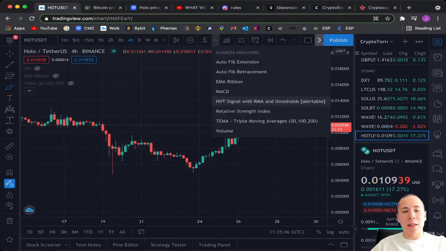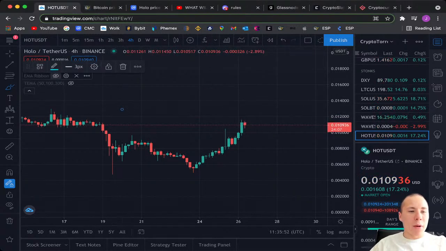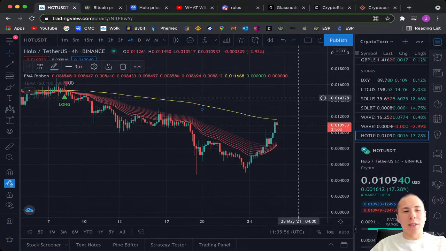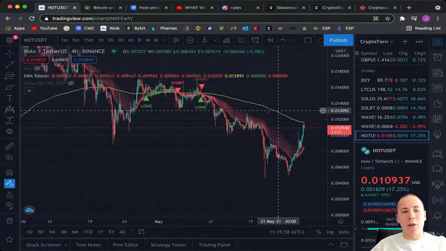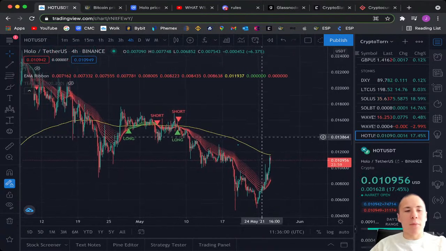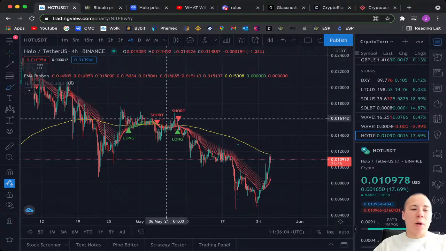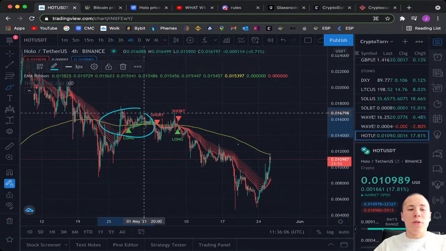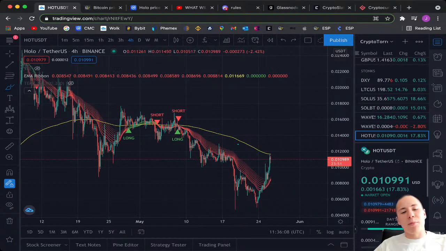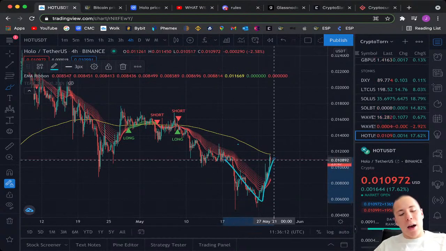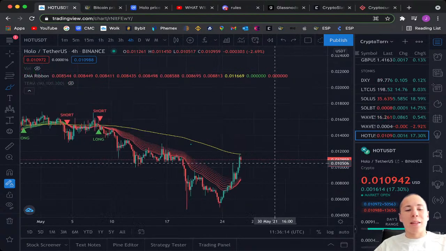Further, let's take a look at, just lastly, I wanted to enable the EMA ribbon, and what we are seeing on the EMA ribbon is something absolutely marvelous, is that actually the longs are taking over the shorts. It could be for a short possible move towards the upside, as we saw previously as well happening during this downtrend, but especially because we are right now seeing this V-shaped recovery of this pattern, I personally think that the